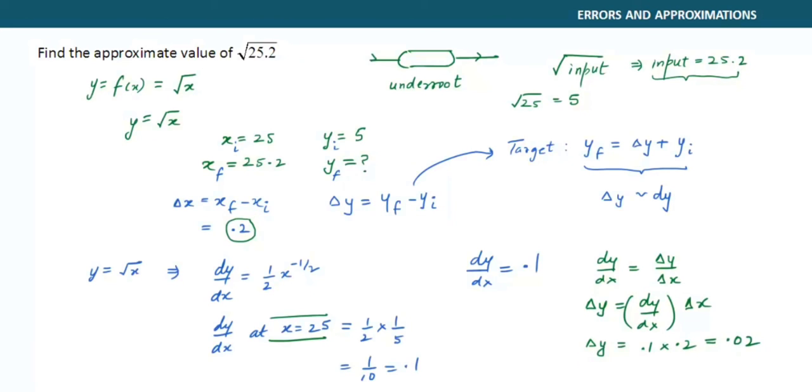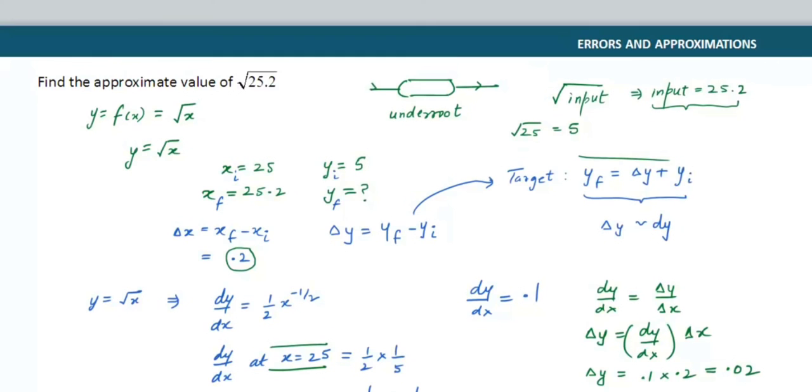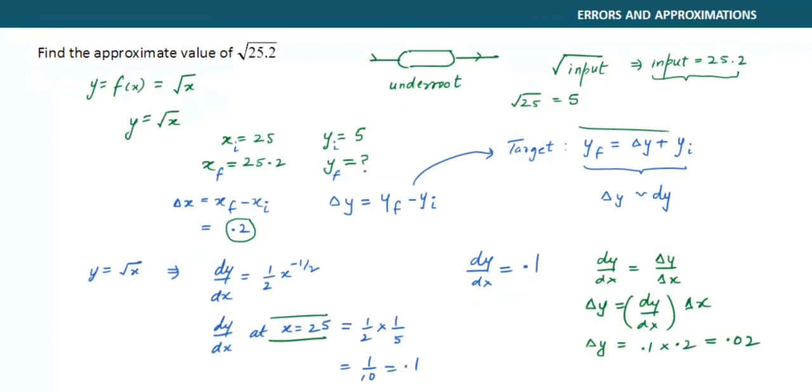Your target here was to find y final. So what is the value of y final that you will get from here? Yes, absolutely. You people have got the answer that y final will be nothing but 0.02 plus y initial. Y initial is 5. So the answer to this problem